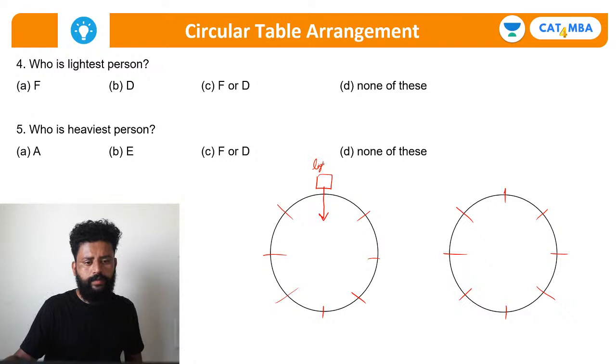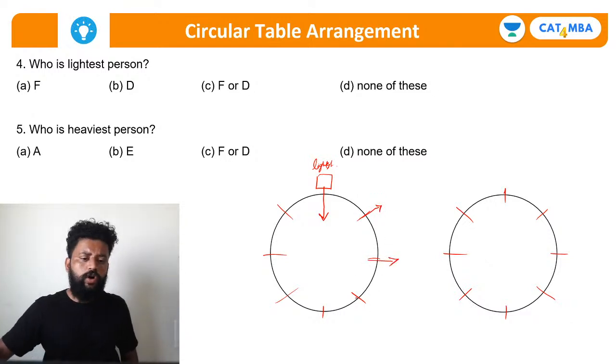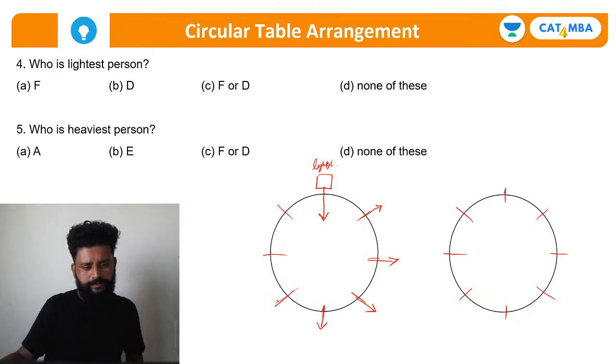Who is lightest? The lightest person is facing center, all others facing outside. It's not compulsory to draw the 2 circles, it's completely your choice, but this is the whole structure you can think of. And now it will be easy because we have the last that